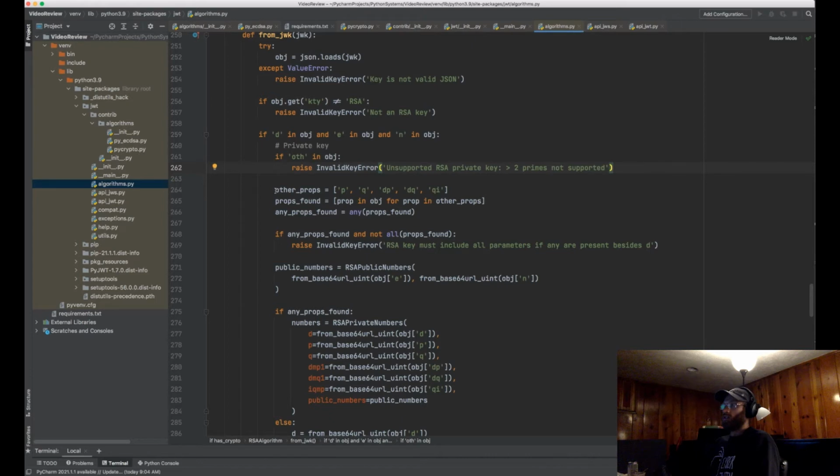And then it's going to do props found. The best way to read list comprehensions is sort of in backwards order again. So for each prop in the other props list that we just saw, we're going to check that that prop is in the object. And if it is, we're going to set that in another list called props found. Then we're going to check that basically every single,